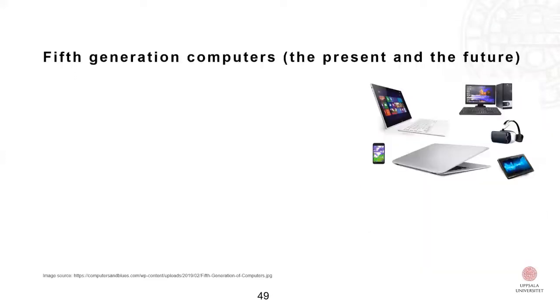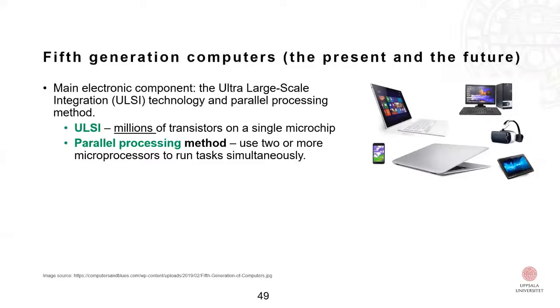So now let's talk about the last generation, which is the 5th generation. It is the generation we are in and continues to the future. So now we are living in both the 4th generation and the 5th generation because they overlap. So the 5th generation comes with the